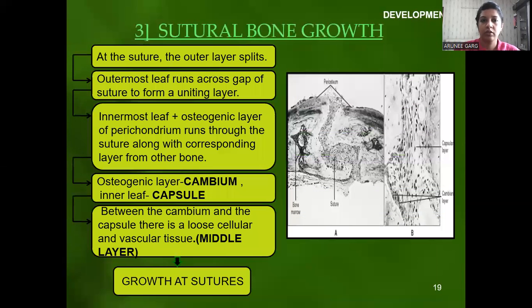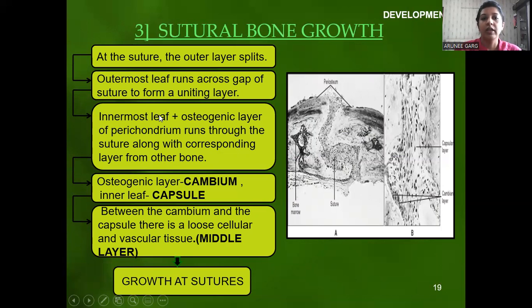Sutural bone growth. At the suture, the outer layer splits. You can see the slide here. This is the suture, and this is the periosteum, the outermost layer of the bone. At the suture, the outer layer splits. The outermost leaf runs across the gap of the suture to form a uniting layer. So the bone from both sides fills the gap and